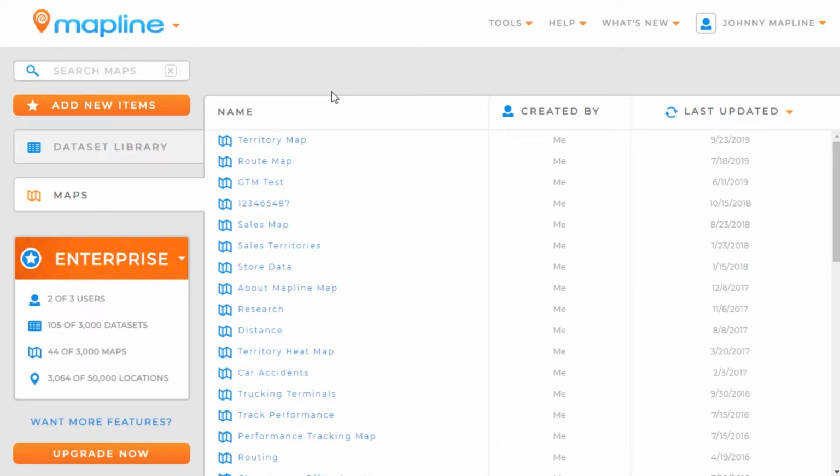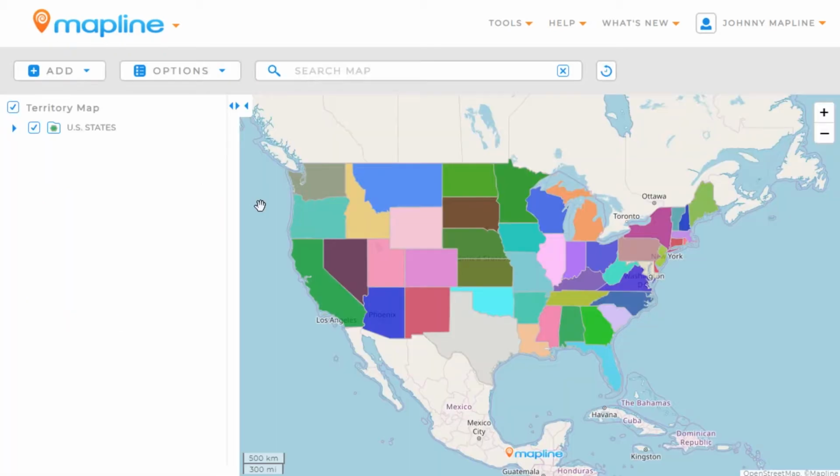This video is going to show you how to customize the style of your territories. So, what we'll do first is we'll open up a map. And once you have your map open, you'll want to add territories onto the map if you don't already have them. Once you do that, you'll come over here to the left-hand sidebar and you'll click on the drop-down menu